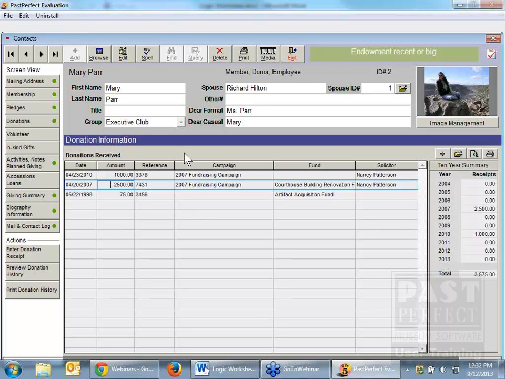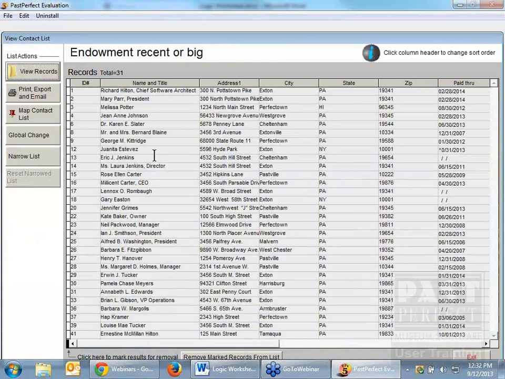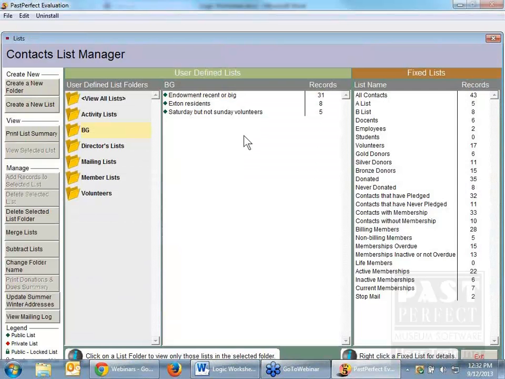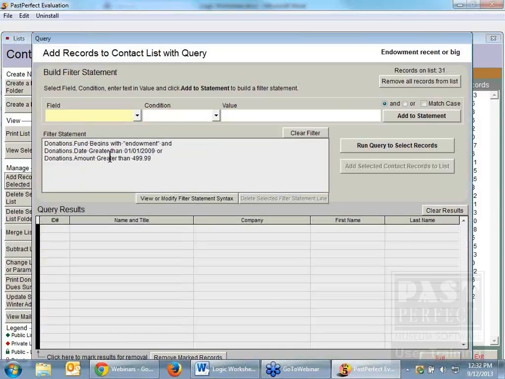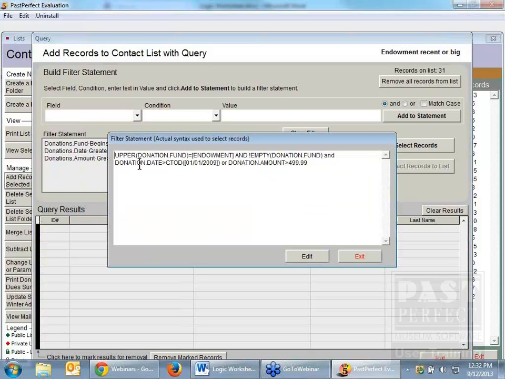So let's go back and fix that. So back here, I'm going to close out of the endowment fund record view and go back into where I can do my filter, which is endowment fund, recent or big, add records to selected list. Go into here and modify the filter statement. You can see your endowment fund here can't have an empty fund. So there's my AND statement right after that. And my parentheses need to go around this OR statement. So when I click on Edit, at the end of 499, I put a parenthesis. And at the beginning of donation, I put a parenthesis. And then I hit Save. If I exit from here,